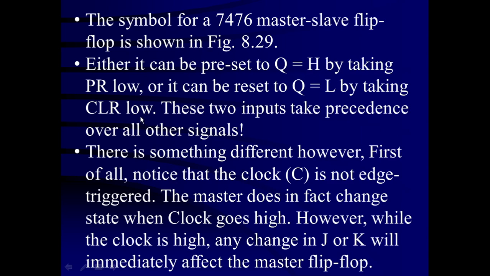So just like whatever we have studied in the previous flip flops, there are asynchronous controls which can preset or clear the flip flop. Here also the preset, which in short is known as PR, and clear, which in short is known as CLR. These two controls can preset the flip flop, that means Q becomes 1, or reset the flip flop when the clear input is activated.